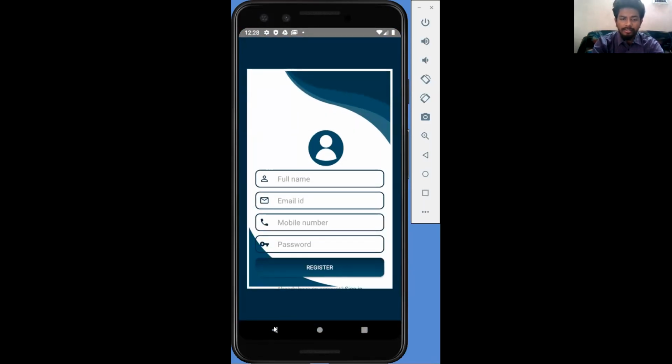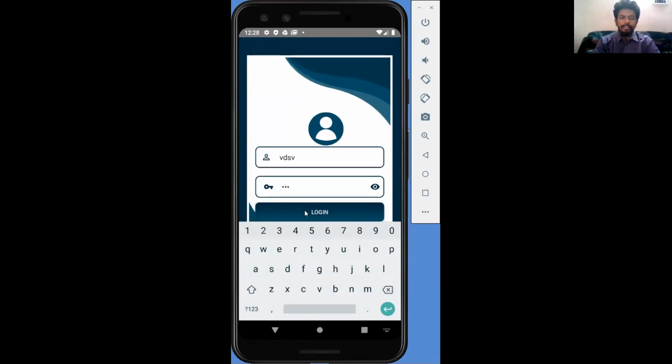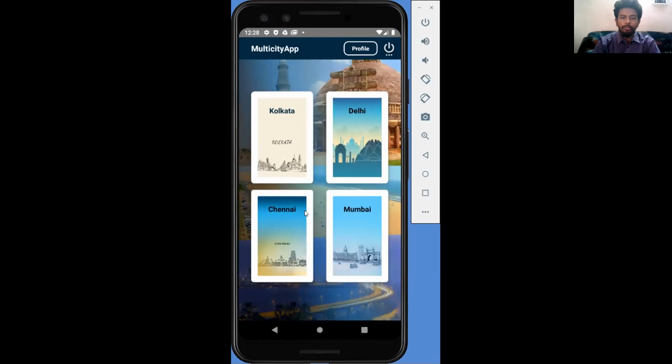And once we have entered the user ID and password, we can click to log in. It will take us to the home screen where the 4 default metropolitan cities are placed inside the application, that is Kolkata, Delhi, Chennai, Bombay. On clicking this button, the users will get all the information about a particular place.